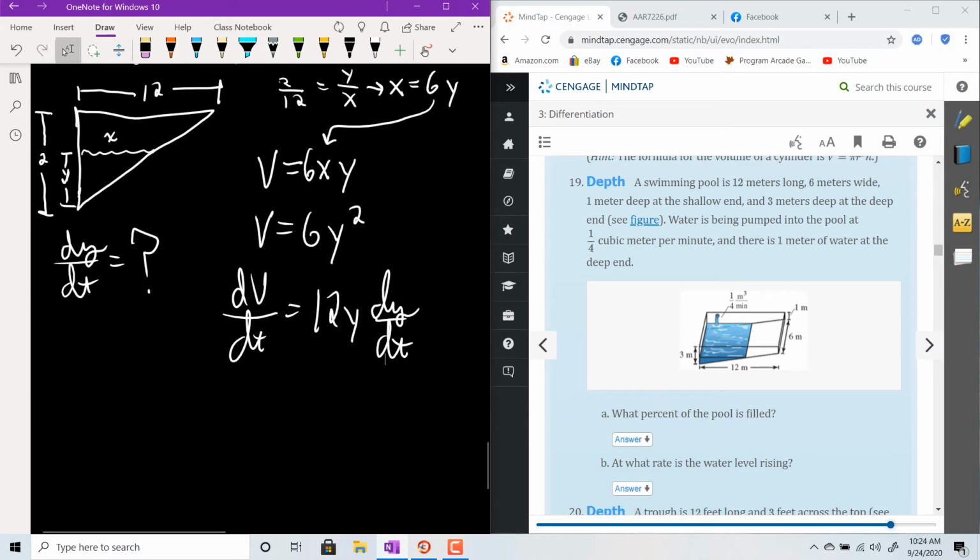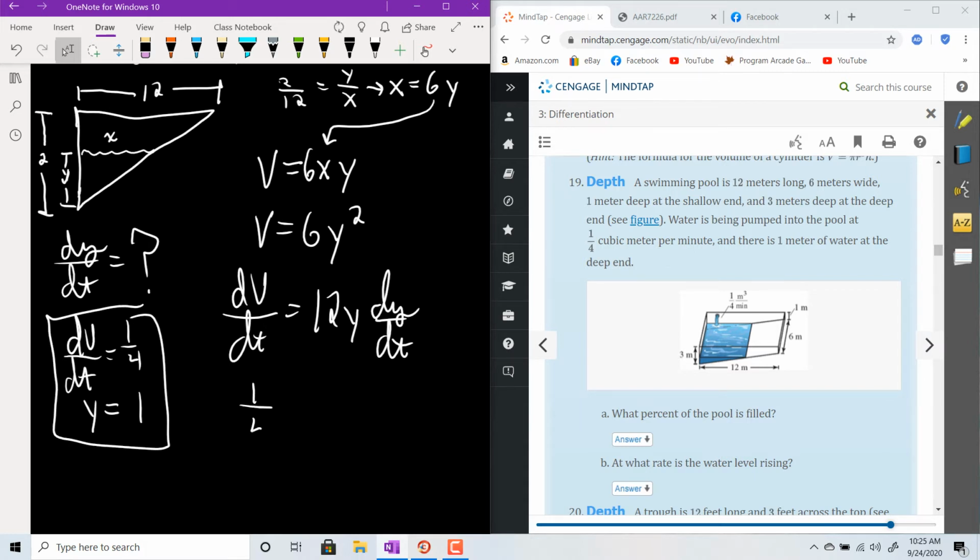Okay? And then I can go ahead and start filling in the blanks. In particular, they want to know at what rate is the water level rising at this point in time. Maybe they should have specified that. So when y is equal to 1. So again, our dV with respect to dt is 1/4, and our y value is equal to 1. That's the given information. We just substitute that in. So 1/4 equals 12 times 1 times dy over dt, and then we can solve for dy over dt. So dy over dt is 1 all over,